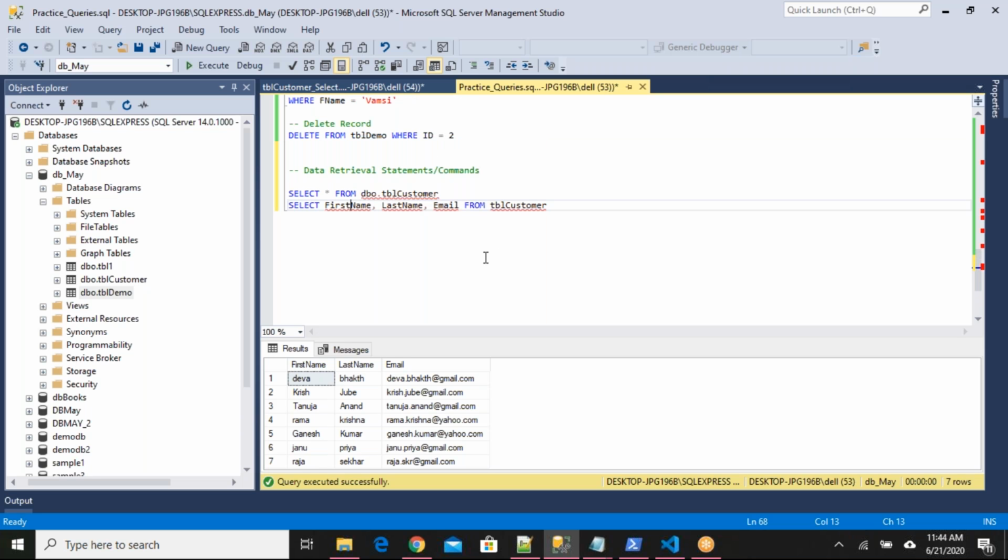Can we give multiple conditions in one where condition? Yes, we can give. We'll see some examples. Is it clear? I'll show you different examples, don't worry, guys. While working with data, what are the different things we can do? The important things for us are insert, update, delete. We'll see different examples there.